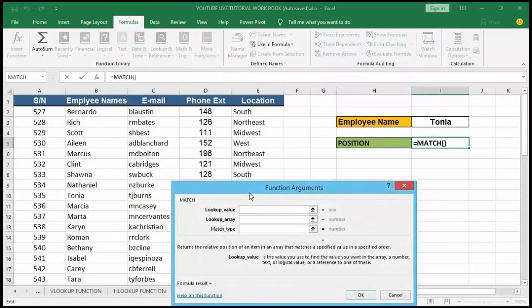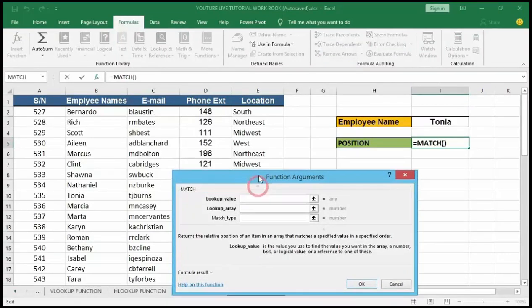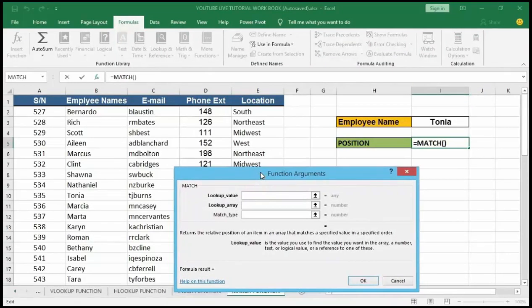Now this opens up our Function Arguments window, where we need to enter the arguments of the MATCH function. In the lookup value here, this is the value whose position we want to find. It can be a text, number, logical value, or a cell reference.